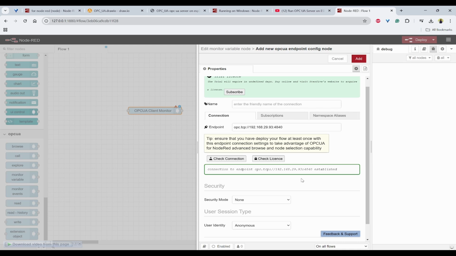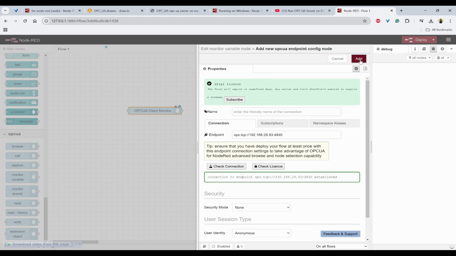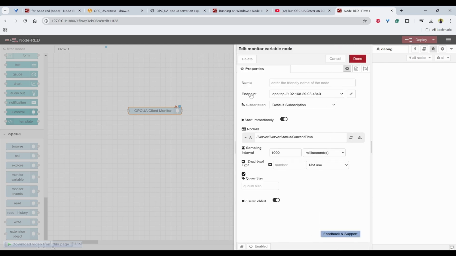So it will throw an out of memory error. So before starting this tutorial, close all other clients and then you will see this connection established. Now click on add. So we are done with the endpoint.